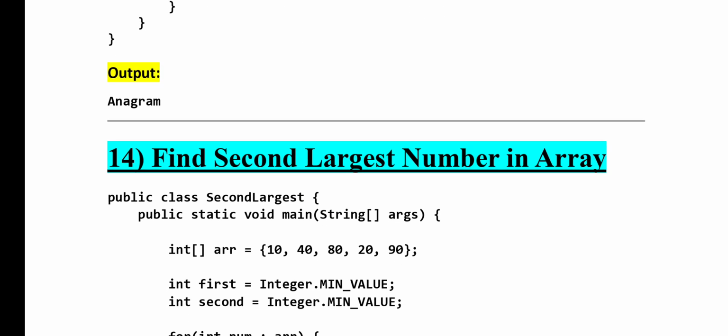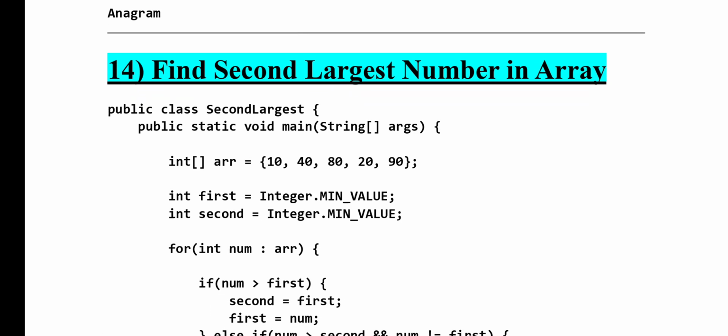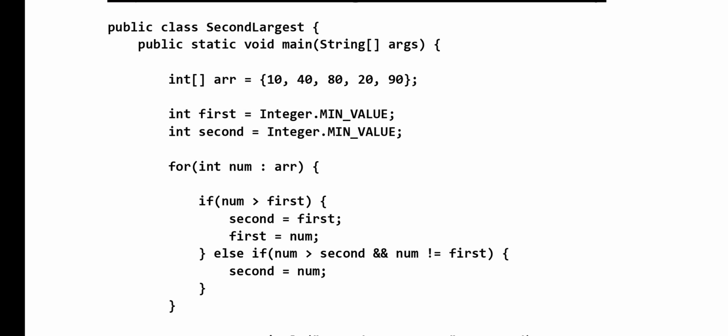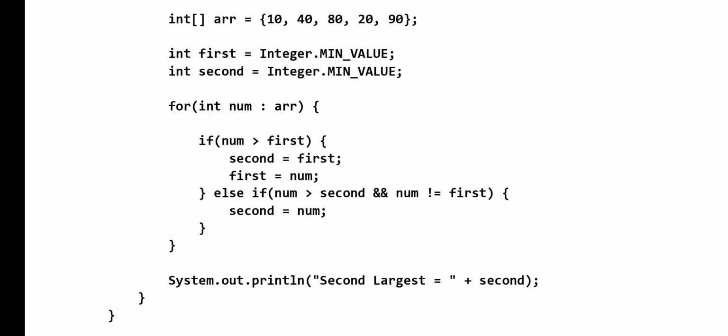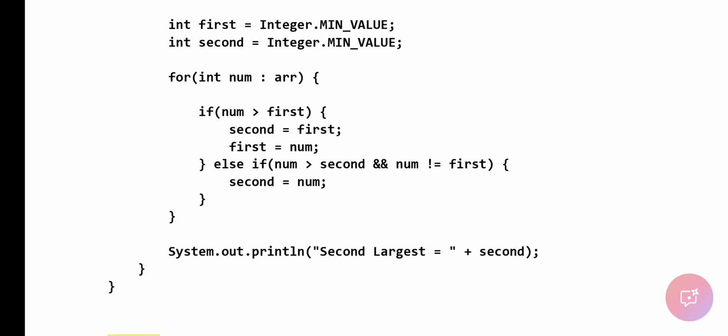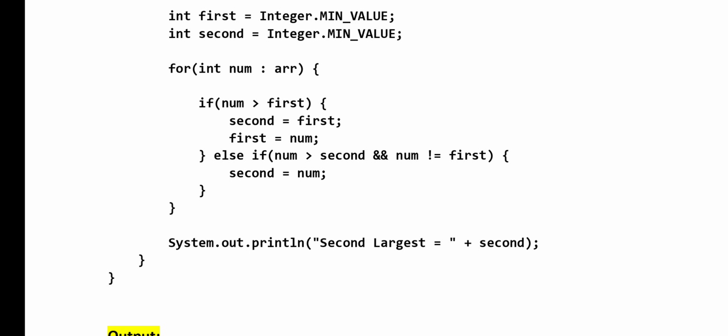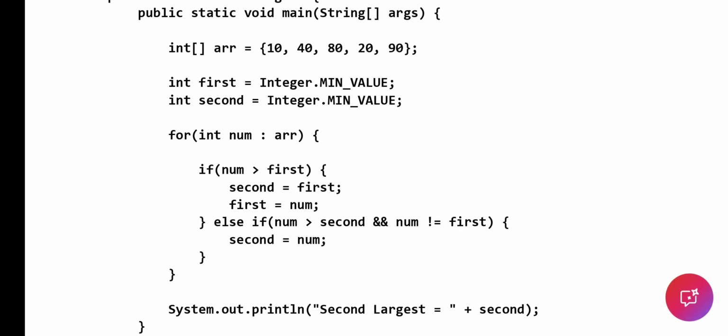Okay, the next question is related to finding the second largest number in the given array. Okay guys, this is how the interviewer tricks the question. They might ask you to find the third largest value, or the fourth largest value, and so on. It is a simple logic where you can use a for each loop and an if condition. To understand what's happening step by step, please go through my notes. Okay,